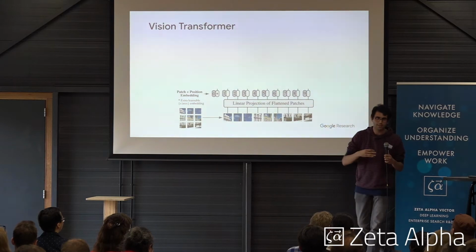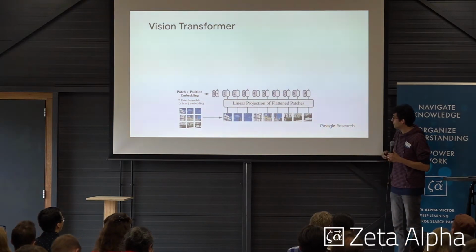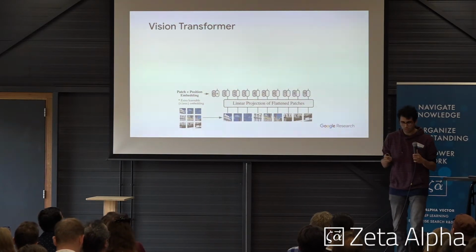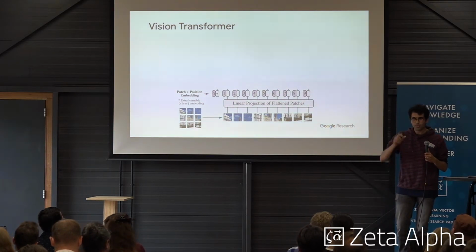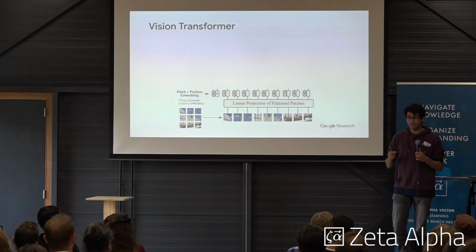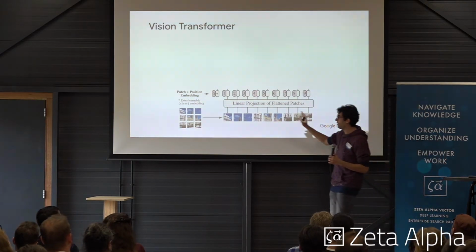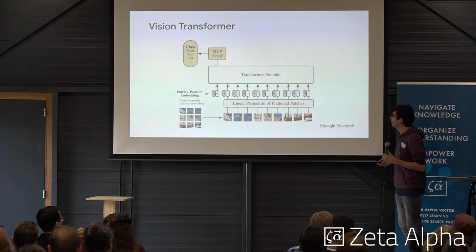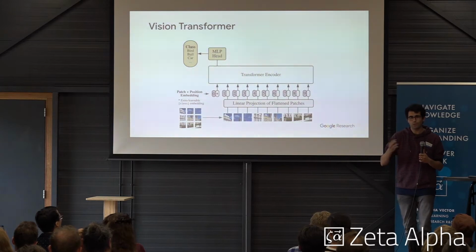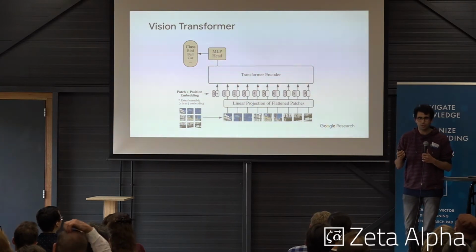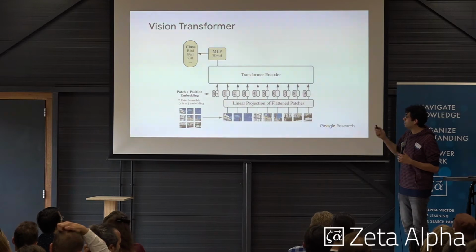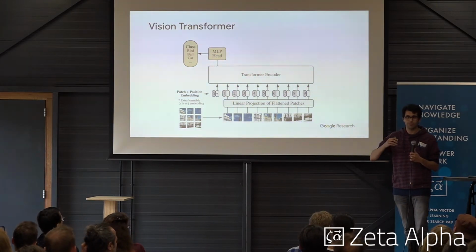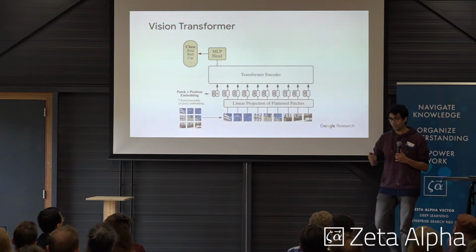Then you attach this positional embedding to the sequence, which is supposed to capture the position of these patches. It's a 1D positional embedding, although the tokens come from a 2D space. Then you have a transformer encoder, just whatever you use for language. And then you have an MLP head, and you take the CLS token representation of the encoder and map it to the class space.